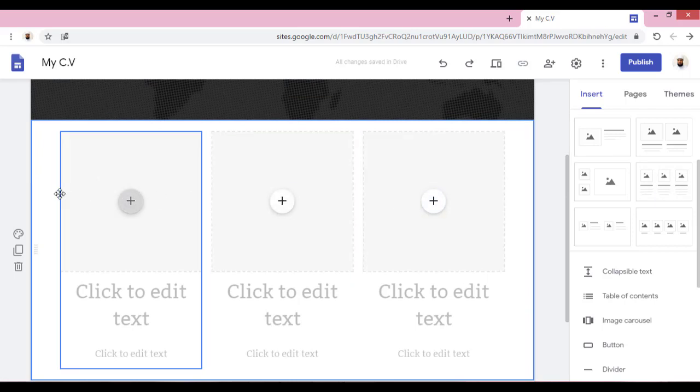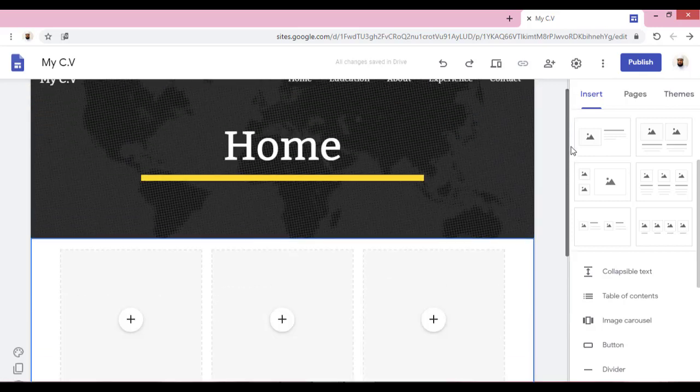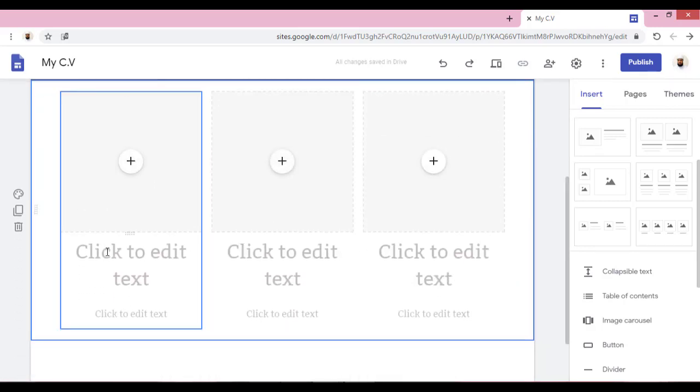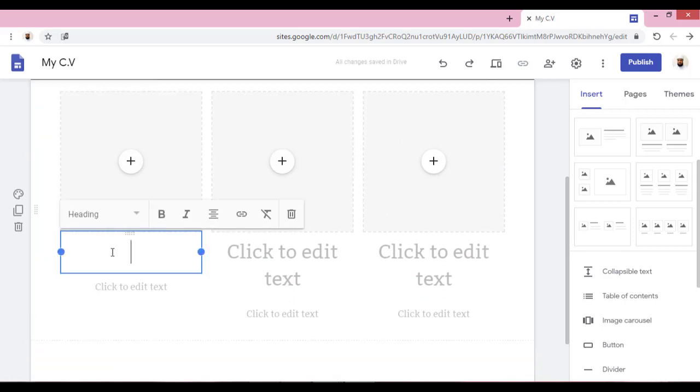Now you can see these elements are attached to my website. For example, click here to edit the text. I can type here, for example, databases.